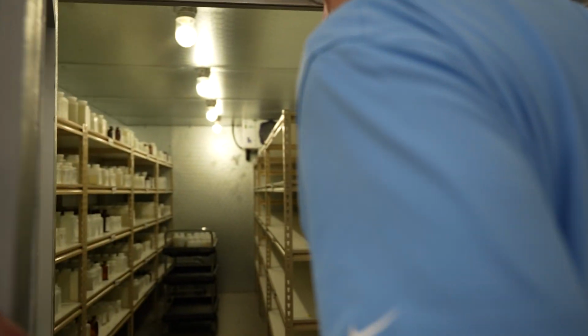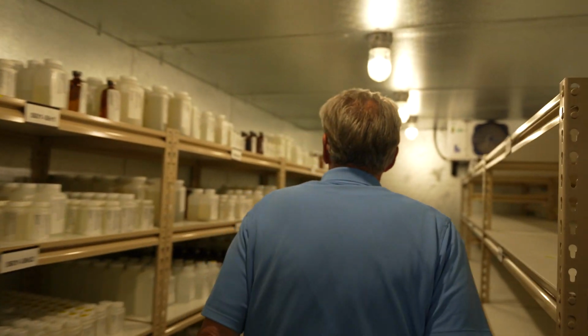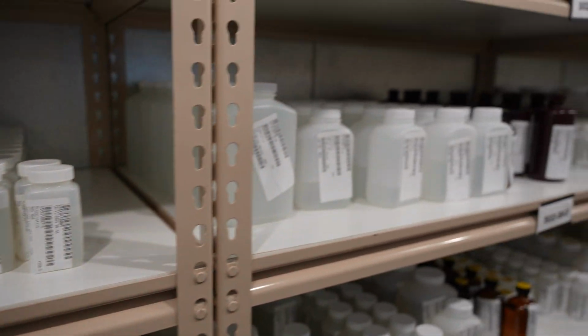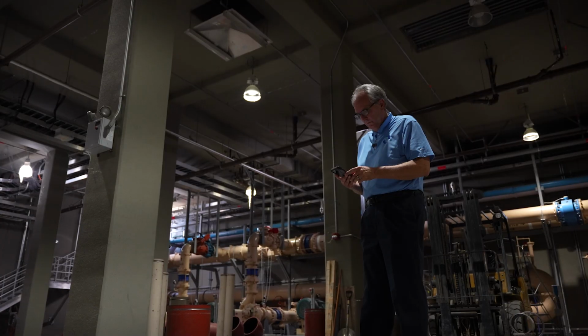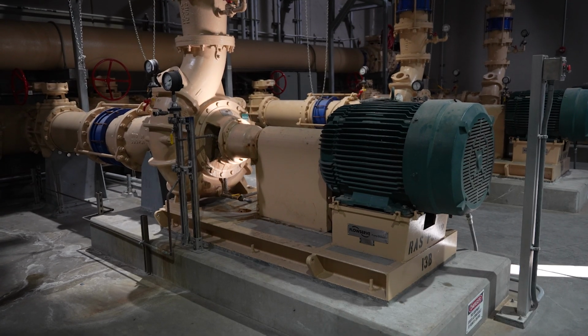Collecting and evaluating wastewater samples is not new for the district, but in recent years, their work has evolved and involved greater collaboration. The birth of wastewater epidemiology, the science started before 2020, but in 2020 when COVID hit, its use of wastewater surveillance shot way up. It really took off then. So when COVID hit, the interest in wastewater surveillance, the wastewater epidemiology took a giant leap forward, and since then